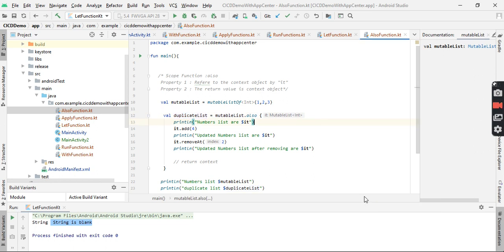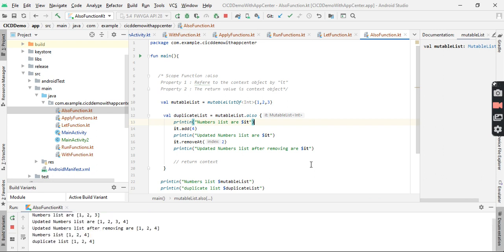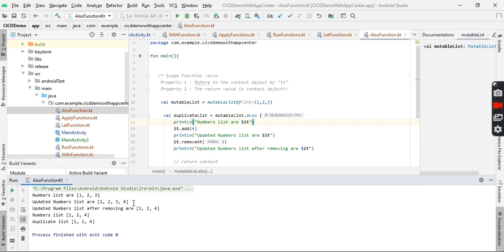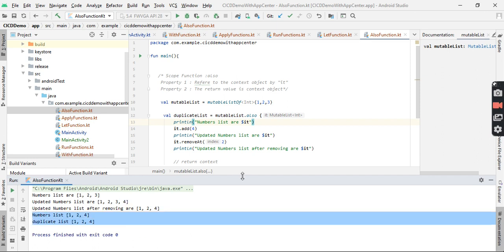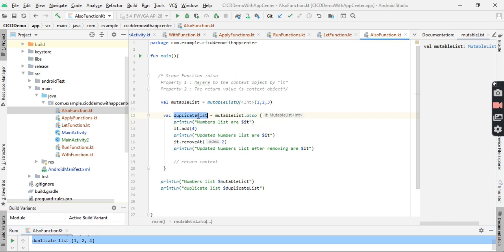If we run this program, we will see that if I want to update any property, we use the also block. You can see here we added and removed one, and the number list and duplicate list are the same because it returns the same reference.